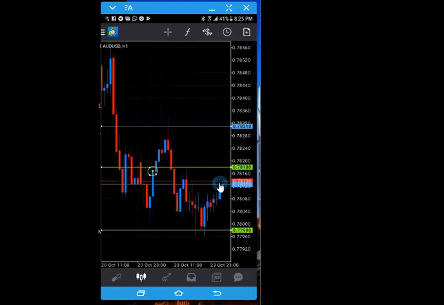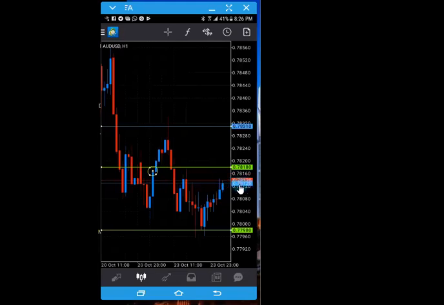If you received this information 7 hours ago, you were in class, you were at work, you were in a meeting, you were out on the field, whatever reason that you missed the trade information when it came out, again, the first thing you want to do is identify where they wanted the entry point. In this case, the entry point is still the same, 78310. If they sent it out 5 hours ago, 7 hours ago, and you're now looking at it, look at where price is currently. Price is currently at